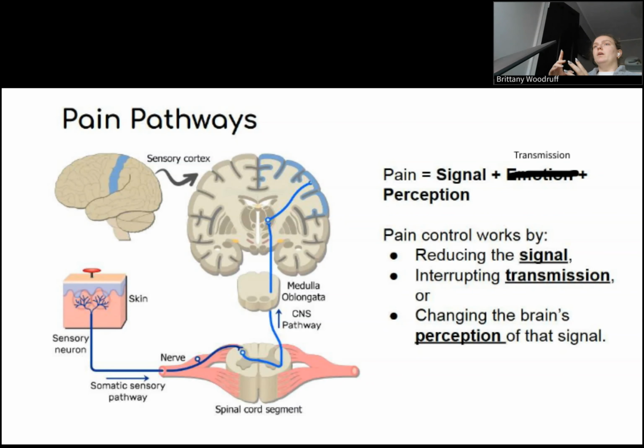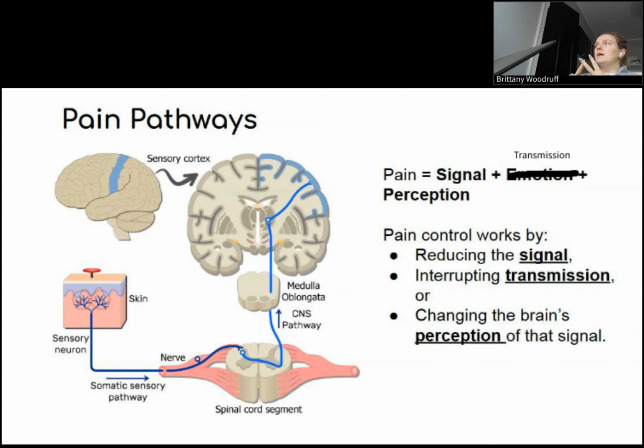Okay. Now, when you talk about pain control, if you are interrupting one of these steps, it can control the pain pathway. So first one, reducing the signal. You can use topical anesthetics. So something like lidocaine, okay? Lidocaine is like that gel that they put on your gums when you go to the dentist before they put the big needle in, right? So lidocaine is a topical analgesic, okay? Or anesthetic. It's going to make that area of your skin numb,